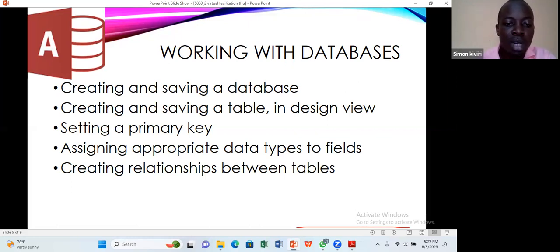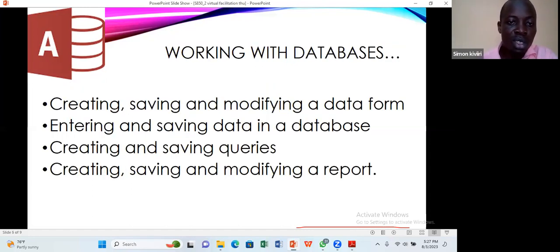Then assign appropriate data types. I avoided the word correct because one field may have more than one data type which is appropriate. Then creating relationships between tables, creating, saving, and modifying a data table. You're supposed to know how to enter and save data in a database, how to create